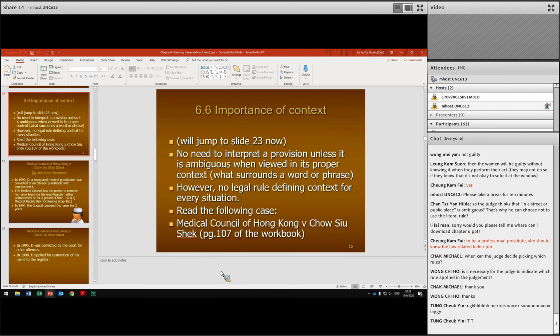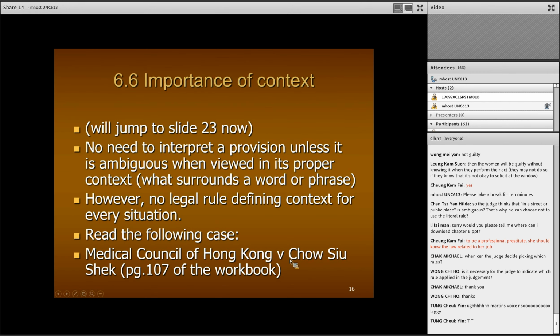Now we go back to slide 16. First of all, a law needs to be interpreted unless it's unambiguous when viewed in its proper context. Context is a term we have to understand. Context means what's around a word or phrase. When you say, "I will marry you," you have to know the context. If you do not know the context, and a middle-aged man tells me he will marry me,